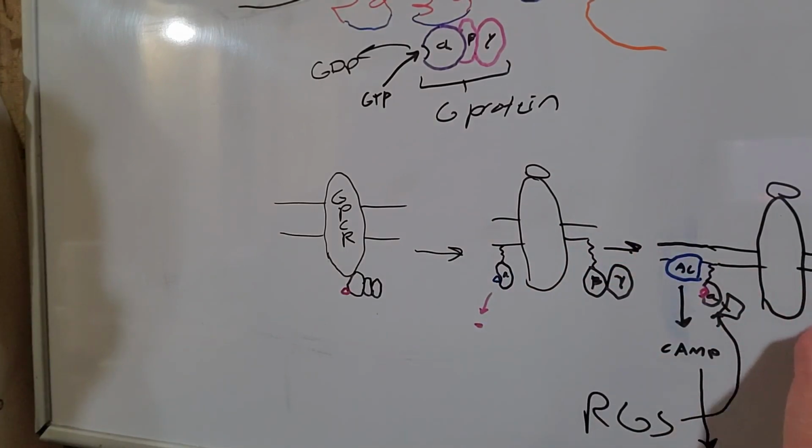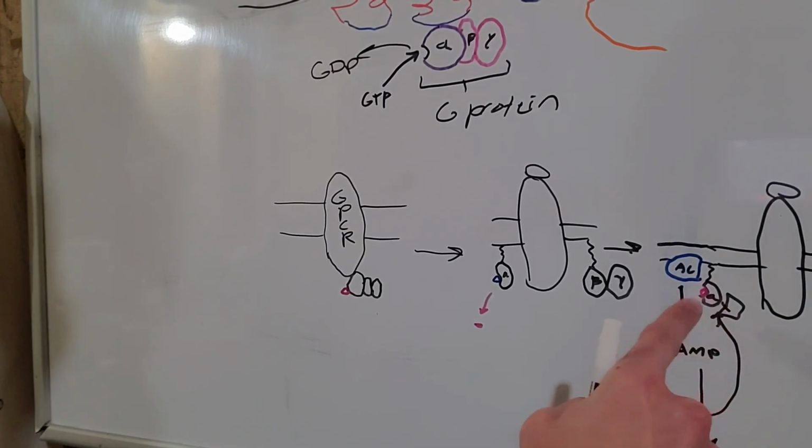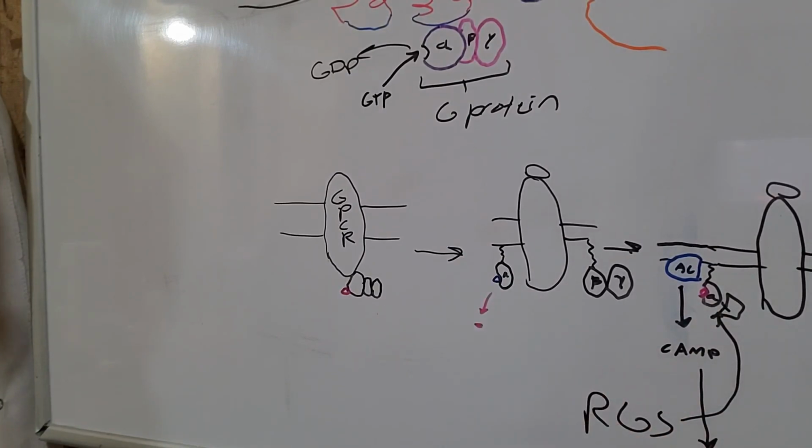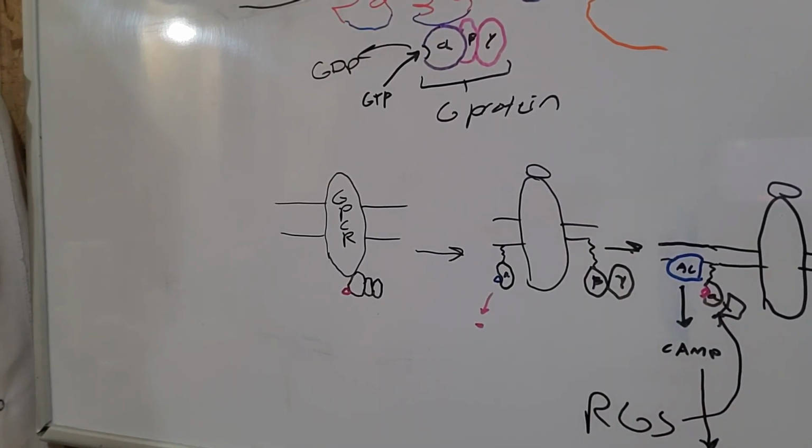I'm just going to illustrate the termination of the cycle here. So we have RGS here, or through natural means, through the enzymatic activity of the alpha subunit, eventually that GTP converts back into GDP. And during this time, the ligand generally dissociates from the receptor. And then we have the reformation of the initial heterotrimeric complex here with the GDP-bound inactive G protein. So this is kind of an illustration of just one cycle of the,